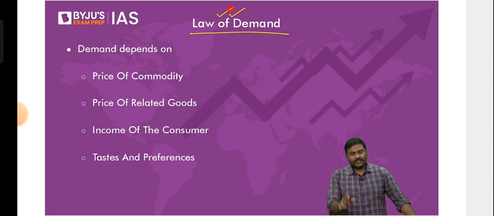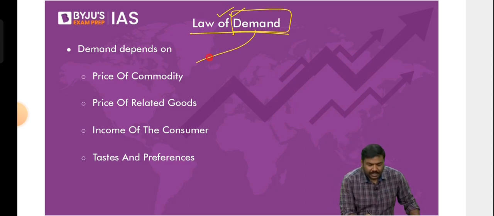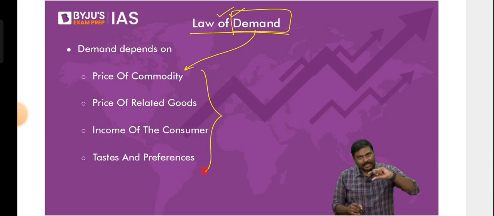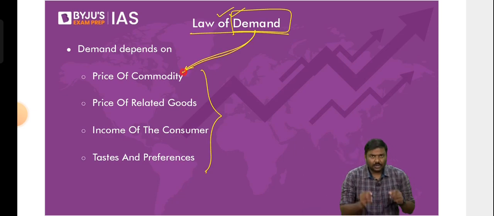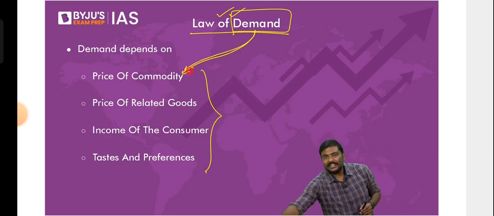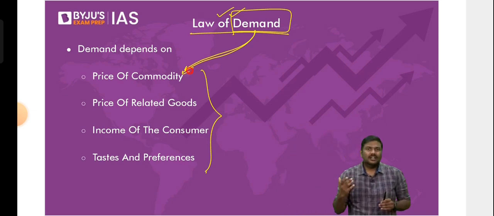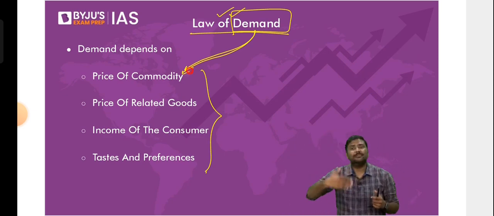Law of demand. Now, whenever you talk about demand, first and foremost, understand this. Whatever goods you demand in the market is dependent on multiple factors. I'll repeat the statement here. Whatever you demand in the market, for example, you will have a demand for a mobile phone, a flask, a laptop, etc. Whatever you're going to demand in the market, that particular demand is dependent on multiple factors. What are these particular factors?